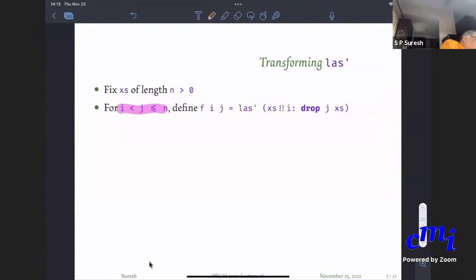So what you're doing is, if you have this is location i, this is location j, you start with location 0.